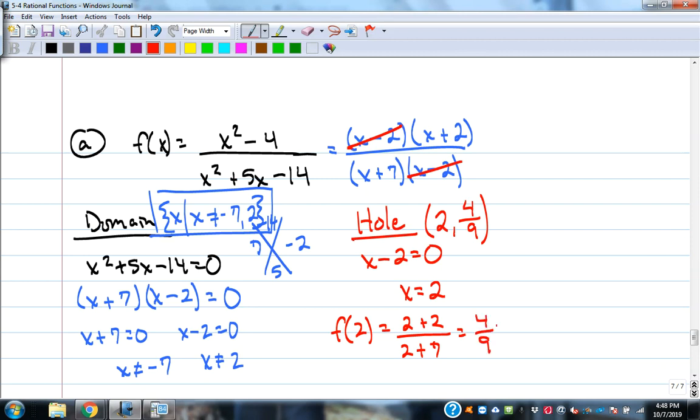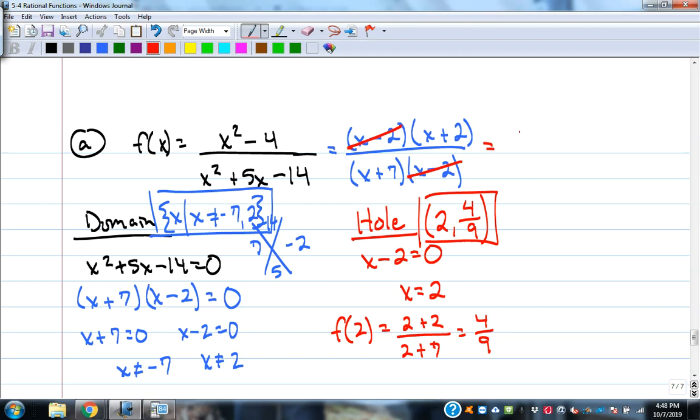I don't care which way you do it. You just have to find that ordered pair where the hole is in the graph. Okay, so there's a hole at that spot because we had a canceling factor. If no factors cancel, no hole. Those go together. Now the next thing to look at is to decide, do we have a horizontal asymptote or an oblique asymptote